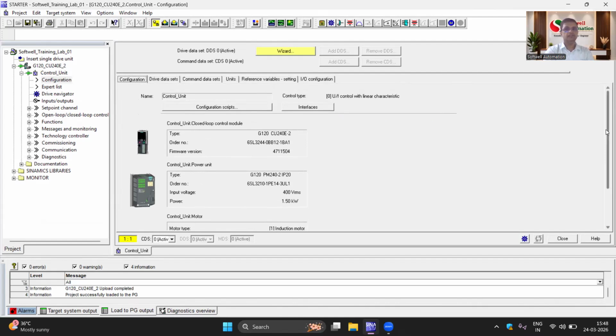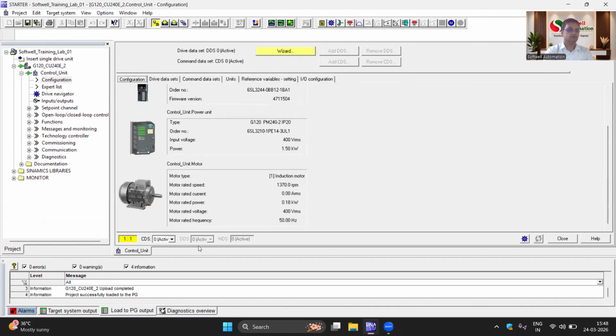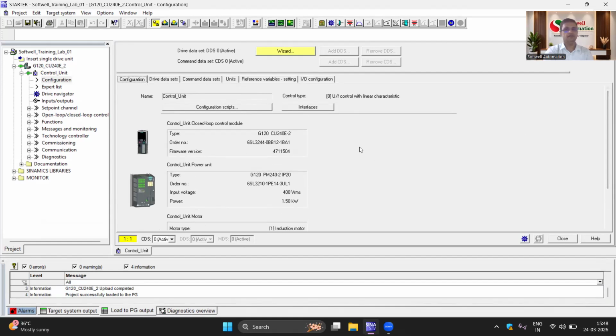If this motor details are not as per your rating grade, in that case we will go for the commissioning wizard. But right now, first our duty after going online is to read each and every configuration detail. And second,